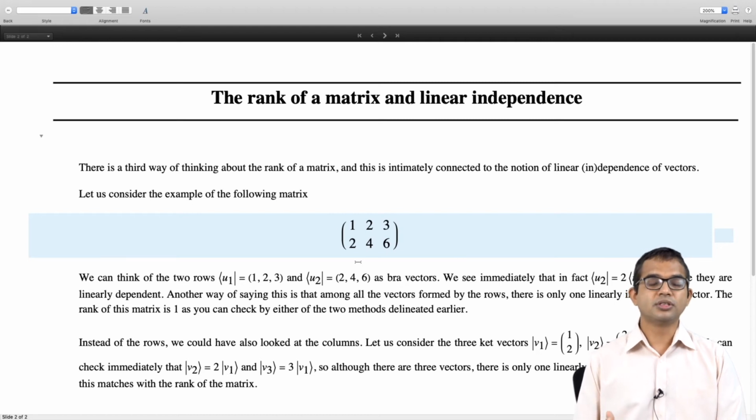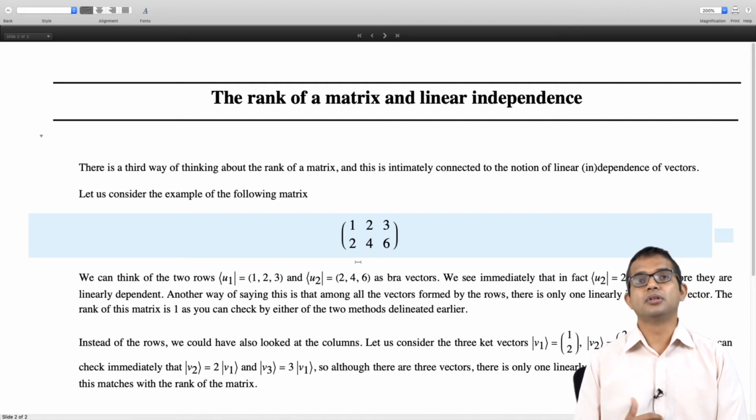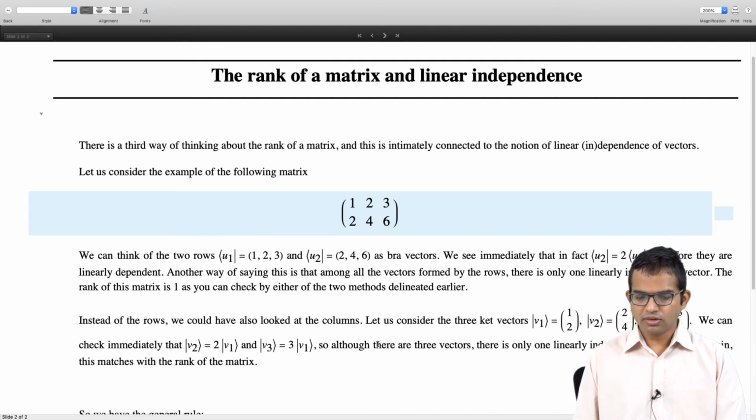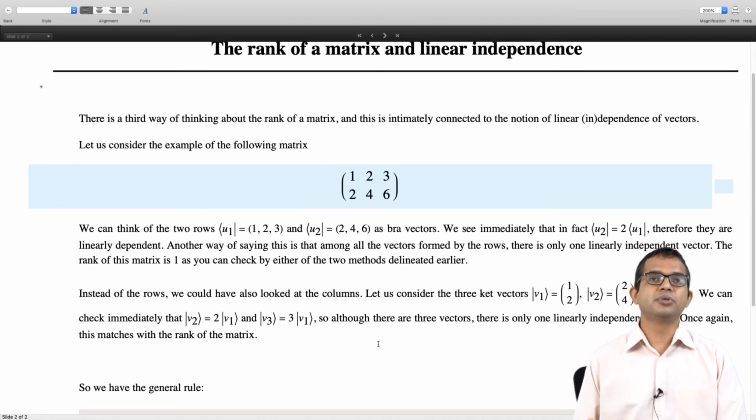And so in some discussions you might see this defined as the row rank and the column rank, and then there's a theorem which shows that the row rank is equal to the column rank, and therefore there's no need to call it a row rank or column rank. You might as well just call it the rank of the matrix, right? So this is a non-trivial result, but for our purposes we'll use it like a rule, right? I mean, we are not going into a rigorous statement and proof type of approach, which is not the philosophy of this course.